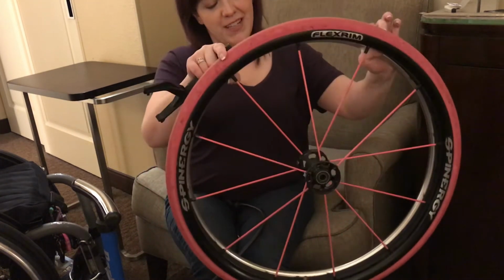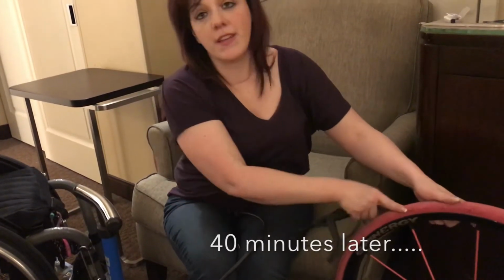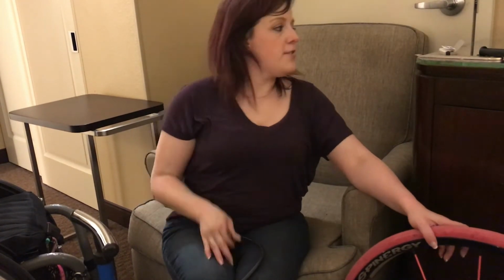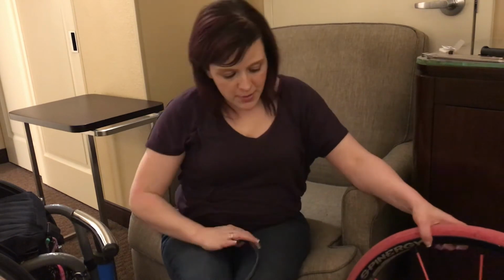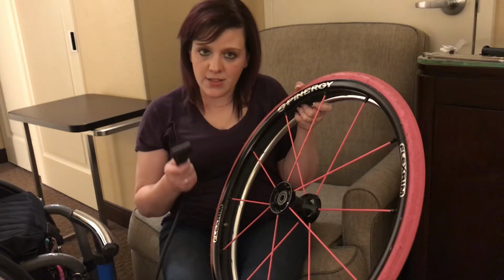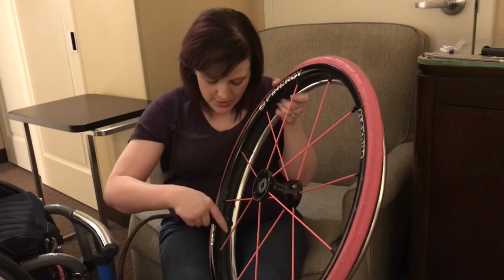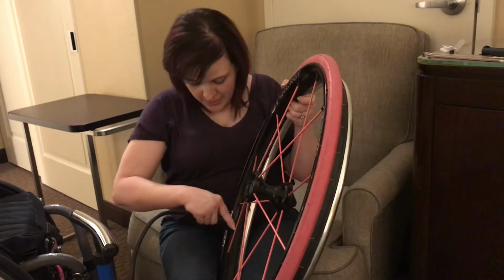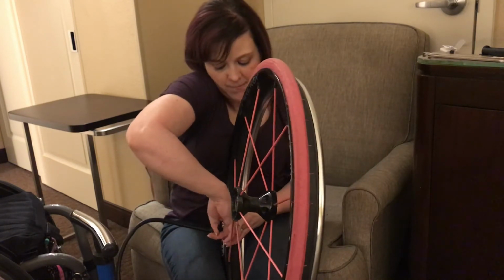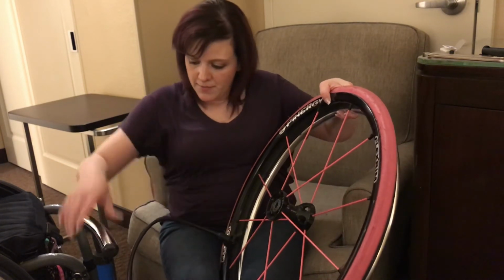Took a while, but now we have the inner tube back inside the tire, and we've got the tire back onto the rim all the way. Now I'm going to use my tire pump. Remember to attach the pump onto the valve. You want to have this pushed down first and wiggle it on there, make sure you get a good seal, and then lift that back up so it keeps it secure,